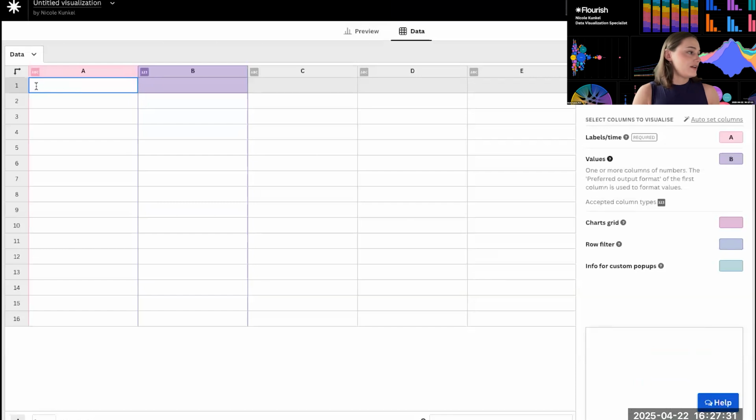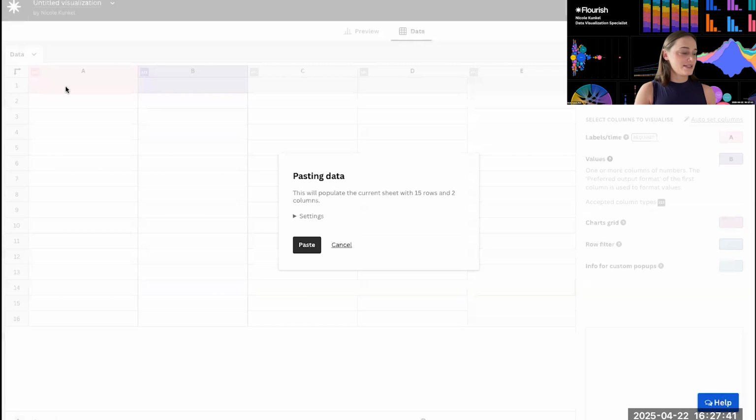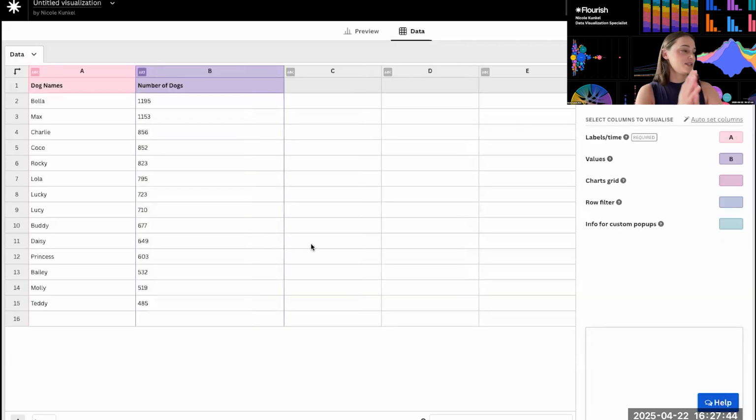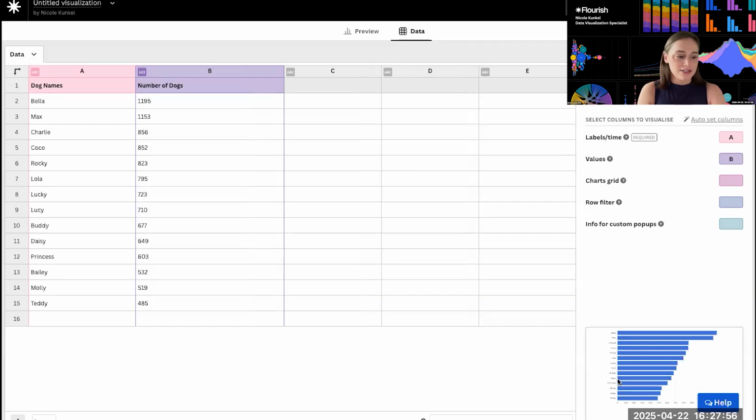And then I am now on cell A1. Make sure that if this comes up for you, all of the data will come up in cell A1. So just click into A1 once and have it all highlighted. And then I'm going to paste the data in. I'm going to tell Flourish, yes, I want to paste. And you should see your data come into Flourish like this.